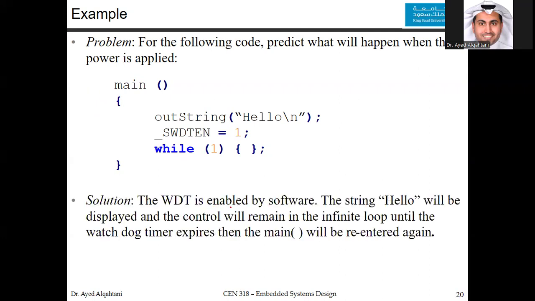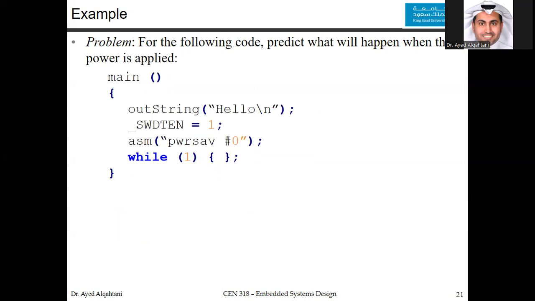The watchdog timer is enabled by software. The string hello will be displayed, and the control will remain in the infinite loop here. It would remain there until the watchdog timer expires. If it expires, then it will reset, and the main will be re-entered again. This is the behavior. Now, this code, we will do some changes to it, where now, after we enable the